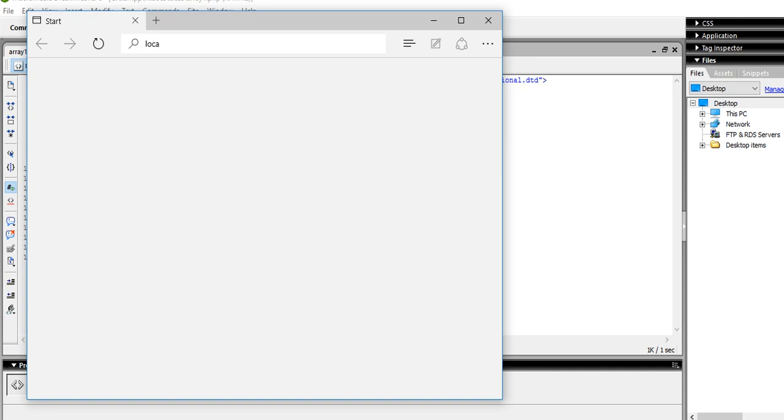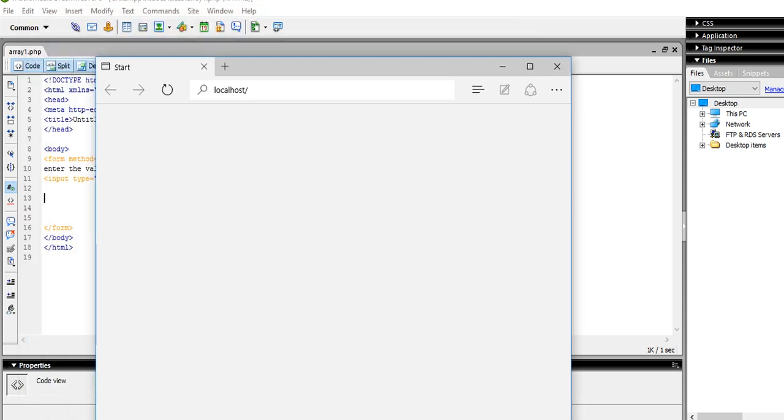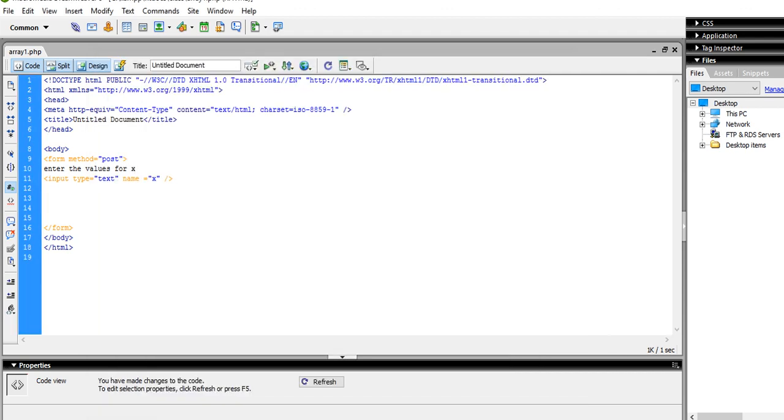Localhost slash what? Which folder? Class slash array1.php. I think it gives us X. So what I really want to do is that